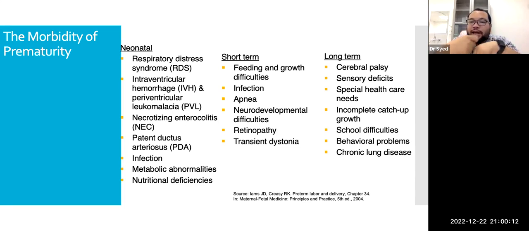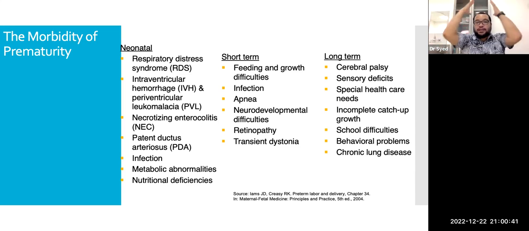Premature babies, kita set line. Each time kita set line tu, kita exposing the patient to infection. Kita intubate sebab RDS, risk of ventilator associated punya infection and so on so forth. Kan? Kita letak indwelling catheter yang lama. Kan? Kita letak PICC for example. All these are risk of infection. They are more prone to get metabolic abnormalities, nutritional deficiencies, and so on so forth.